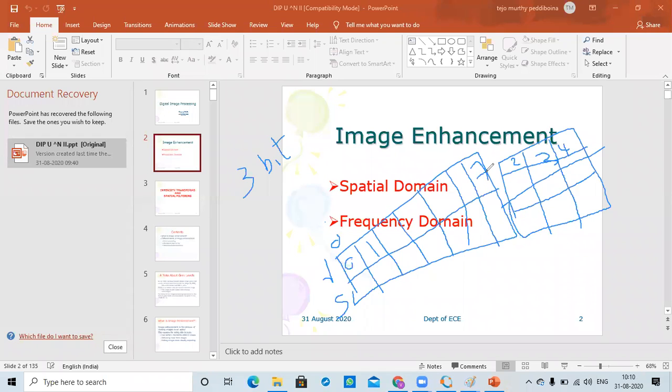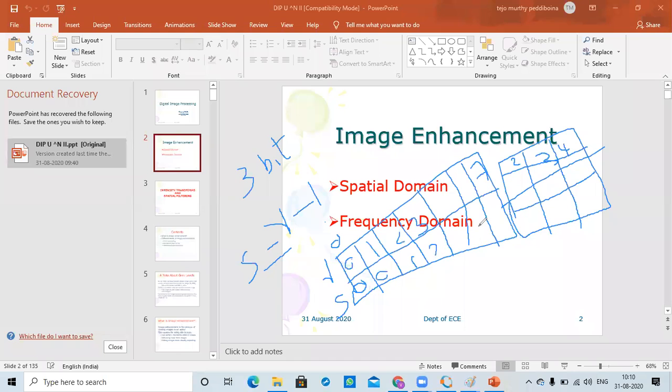So I can have a certain formula to change this S value in terms of R value. For example, maybe S is equal to R minus 1. Then what I have to do? 0 minus 1 is not possible. 1 minus 1 becomes 0, 2 minus 1 becomes 1, and 3 minus 1 becomes 2.